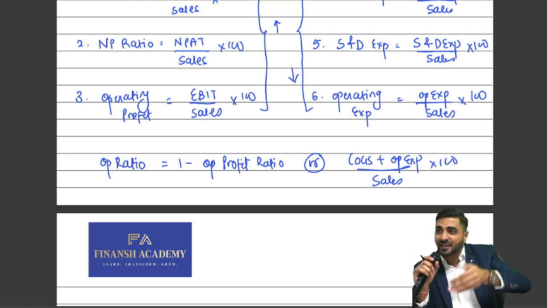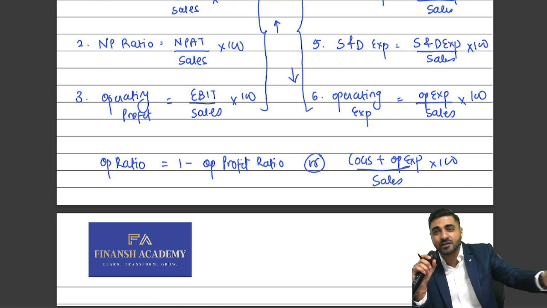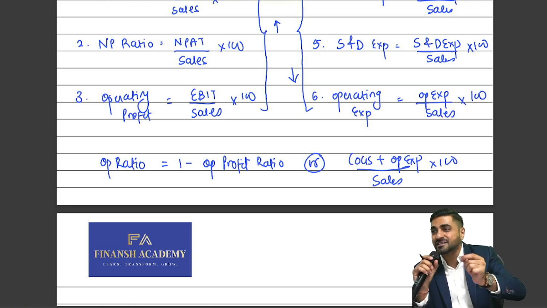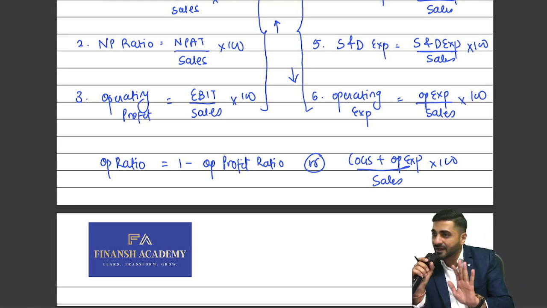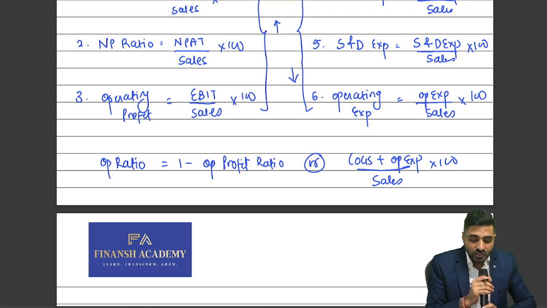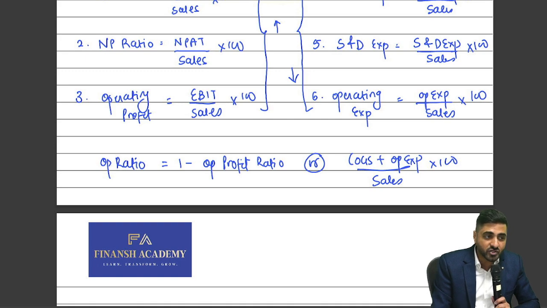But sometimes they will give you a list of operating expenses, which I'll tell you in one of the questions. There you will just take the operating expense and divide that by sales. That basis you will get the final answer. Everyone's clear till here? So this will be called your operating ratio and operating expense. So should operating ratio also be higher the better or lower the better?